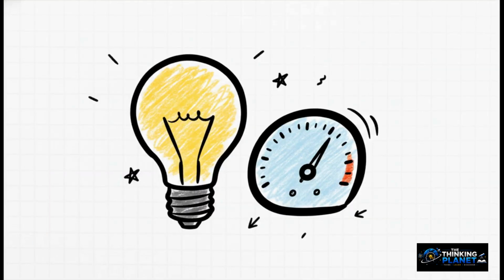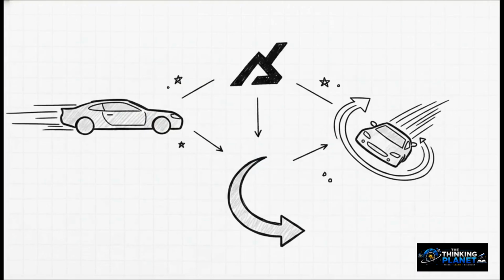Now, if you only take away one single phrase from today's masterclass, please make it this: acceleration means velocity is changing. I'm actually going to repeat that because it's the fundamental core of everything we're doing today. Acceleration means velocity is changing. Whenever I say the word acceleration in a physics context, it strictly and exclusively means that velocity is changing in some way. It does not just mean going fast. A commercial airliner cruises at 500 miles per hour, but once it reaches that cruising altitude and just stays at that exact speed, its acceleration drops to absolutely zero. If velocity isn't actively changing, you do not have acceleration. Period. Which immediately begs the question, how exactly does velocity change?